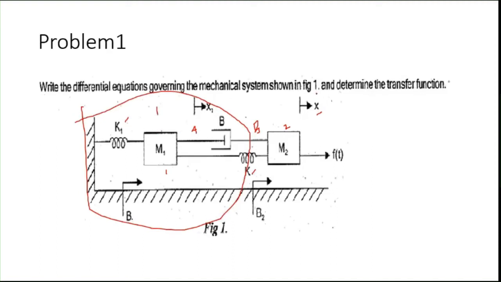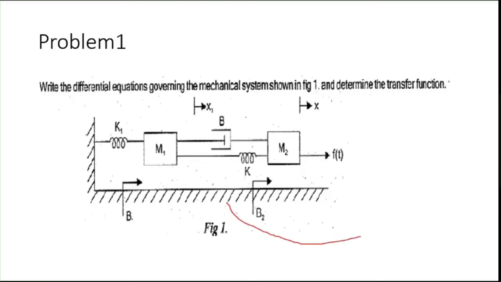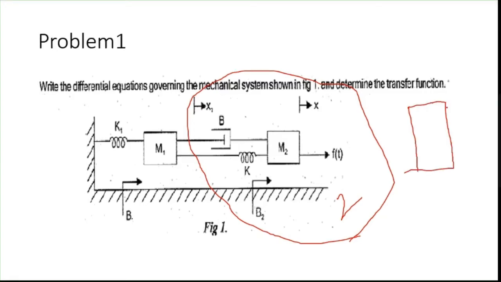Okay, now we have to consider node 2 also. What is node 2? The second mass. Second mass is the node 2. So this portion is node 2. Draw the free body diagram of mass M2. What are the forces? Fm2, that is due to the mass. Okay, that is Fm2. Then